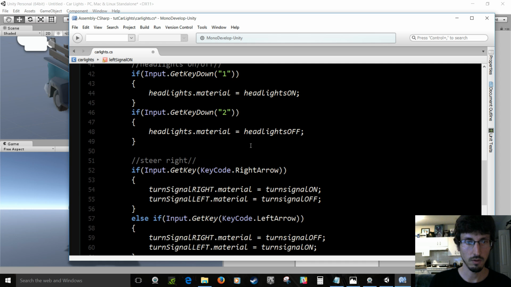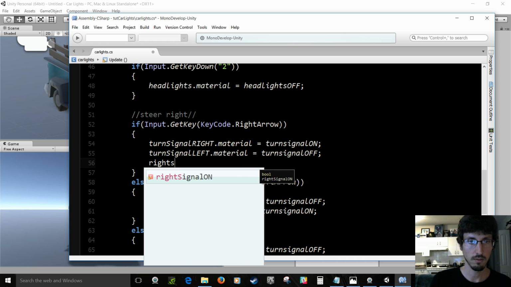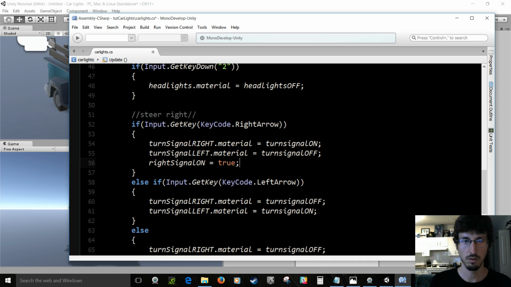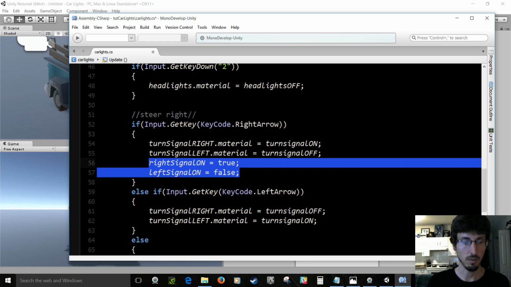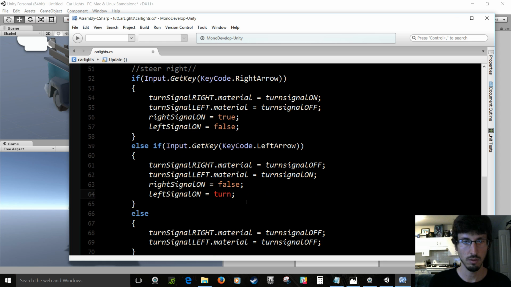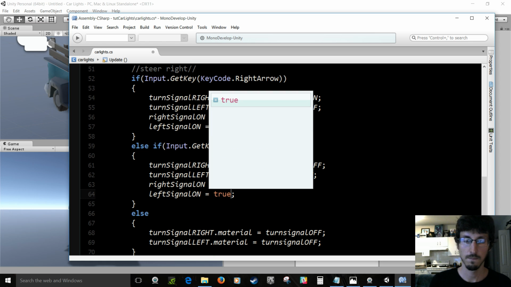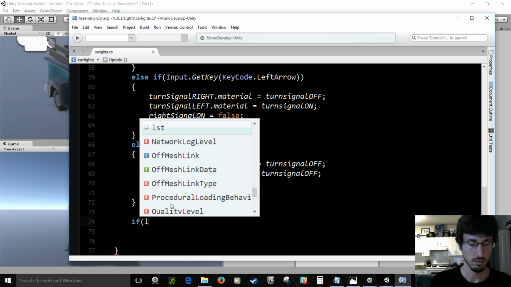And then down where we're steering left and right, from pressing to the right, right signal on is true, and left signal on would be false. And then copy those, and if you're pressing the left arrow, then right signal would be false, and left signal would be true. And if you're not pressing on either of them, then they would both be false. So underneath here, we'll go if left signal is on,